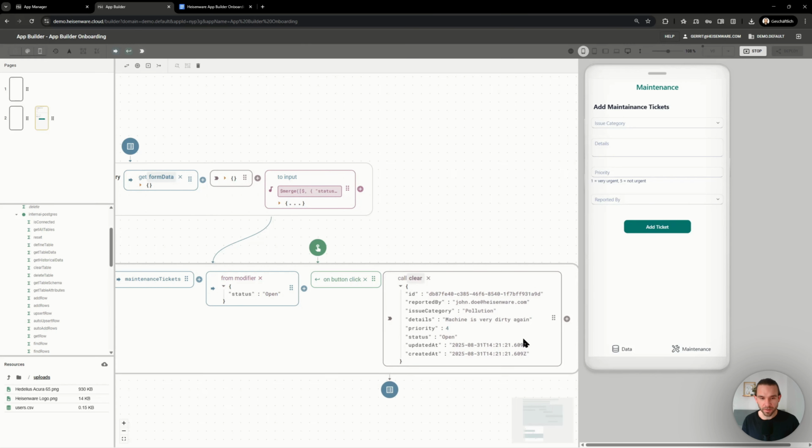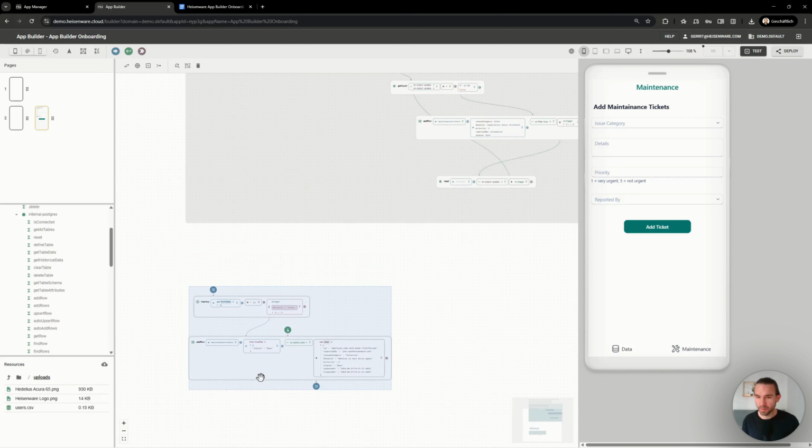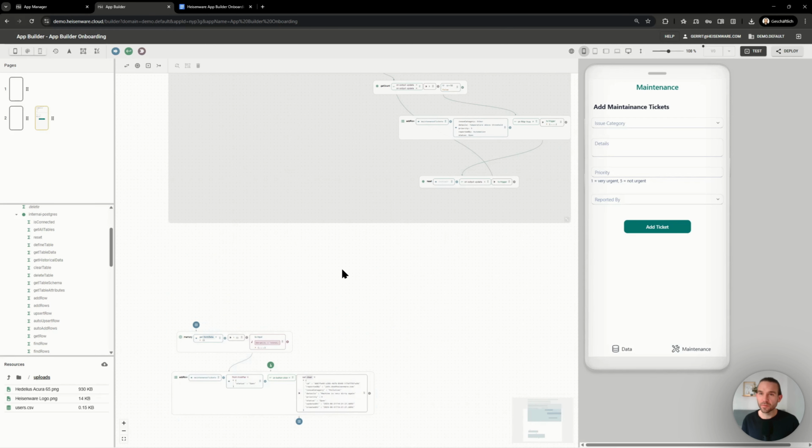we have added a row with a user ID and an updated and reported at timestamp into the maintenance tickets table. And we have cleared the form afterwards. Okay, so now we have all the maintenance ticket creation. Let's move on with